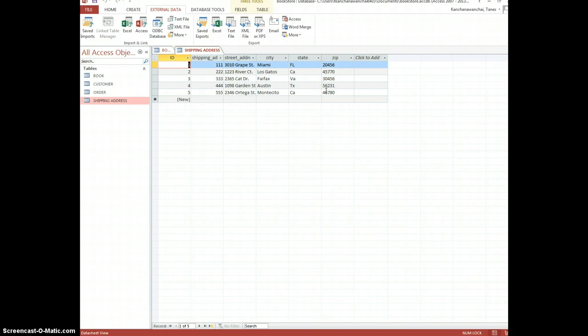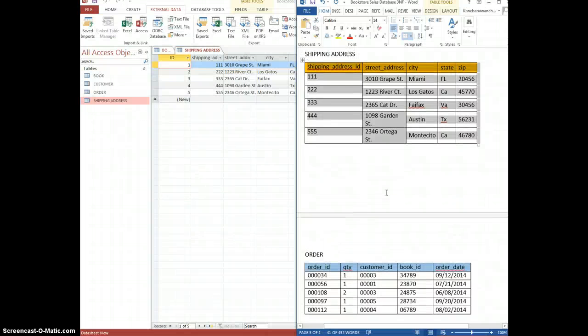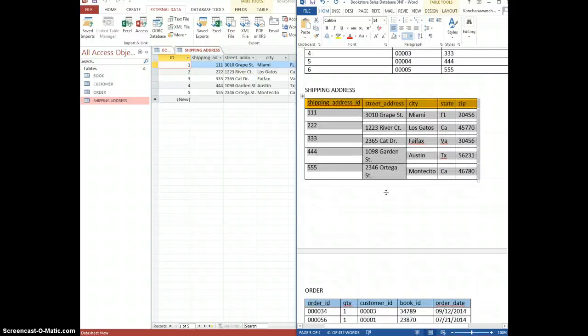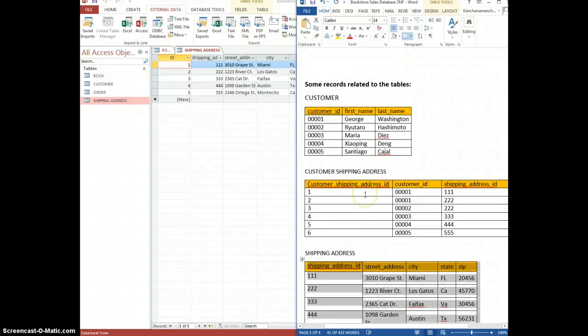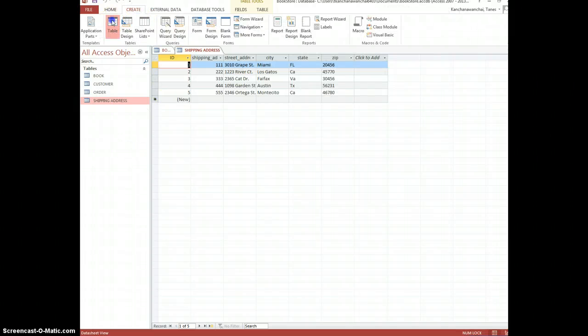That's also another easy way, right? Another way to insert data into a table: create a table, insert data. So now we have book, customer, order, shipping address. Let's look at our design again. Book, order, shipping address, customer shipping address. I don't have that yet, right? So I'm going to create that table. Alright, so go to create table,